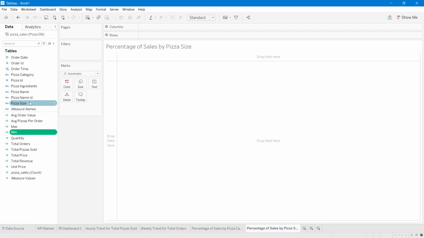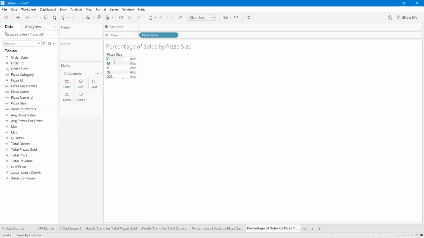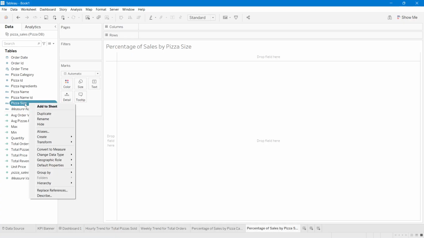Now when I take pizza size into our rows, you can see it is named as L, M, S, XL and double XL. So what we have to do is rename this. L should be given as large, M should be given as medium, and this is a part of data cleaning. So for that I will remove this and right click on this particular